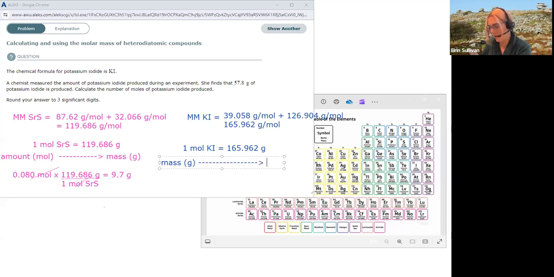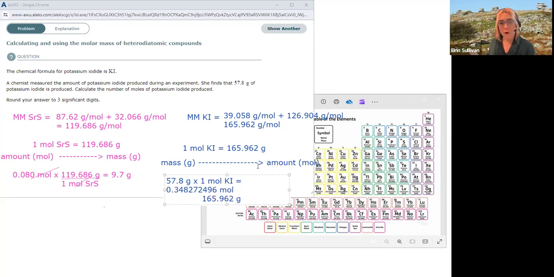Okay, so I am trying to get from the mass in grams to the amount in moles. That's a long arrow. Amount in moles. Okay, that'll do. All right, so the mass in grams was 57.8. We want the grams to cancel out, so that 165.962 grams will go on the bottom, and 1 mole of potassium iodide goes on the top. So I know I'm going to get my units in terms of moles. So 57.8 divided by 165.962 gives me 0.348272496, and that is moles